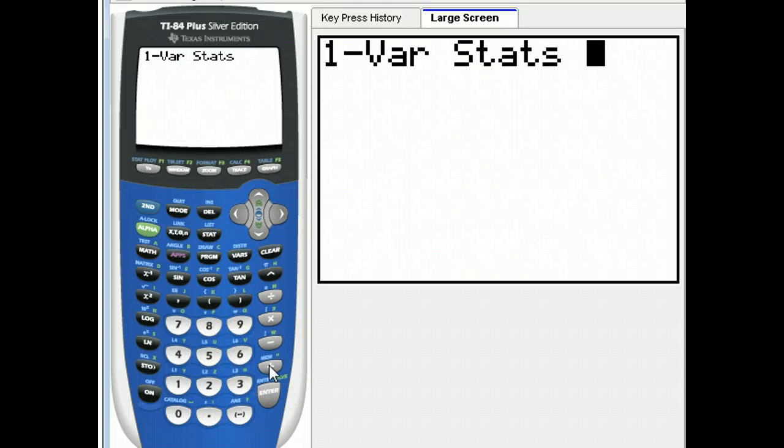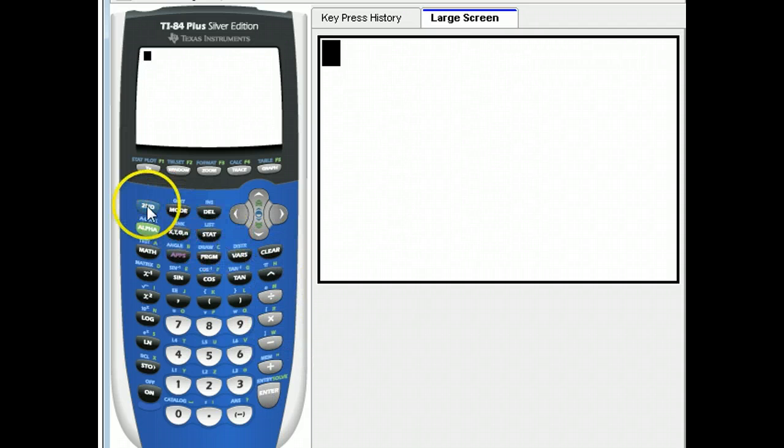But you have to be very careful here. If there was a list and also a frequency, you have to say L1 comma L2. To get L1, you go second 1. Then you put the comma, which is here above the 7. And then second L2. I don't know if this is going to work, because let's just take a look. Try that again. Second, sorry, clear,